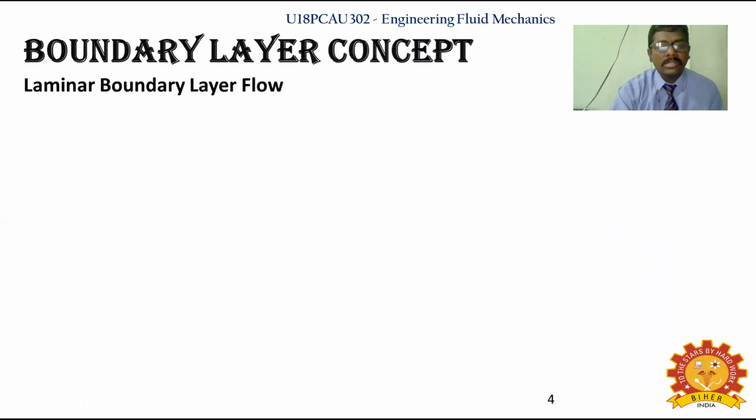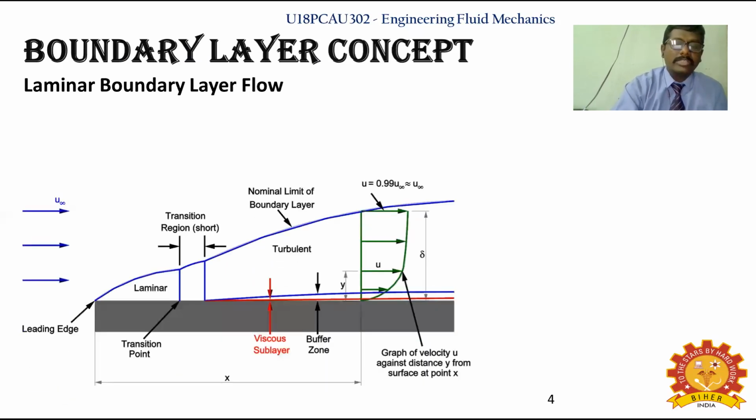So now we are going to see about a laminar boundary layer and a turbulent boundary layer. This sketch will be very helpful. From zero velocity, it goes on increasing to free stream velocity capital U. So that is where it has a leading edge. Close to the boundary while it is increasing, initially you will be having a laminar flow. Then it will have a zigzag flow. Laminar flow and turbulent flow is what you will be having.